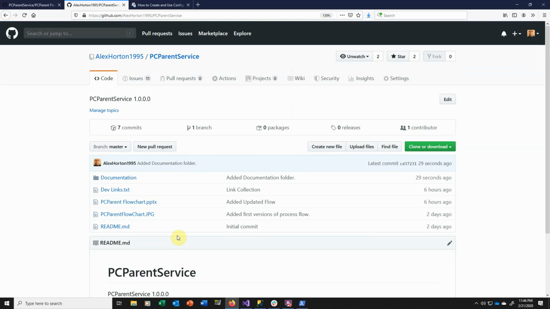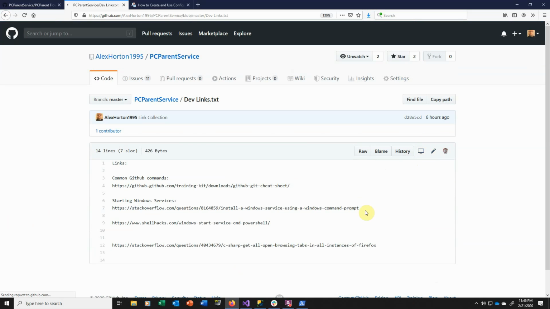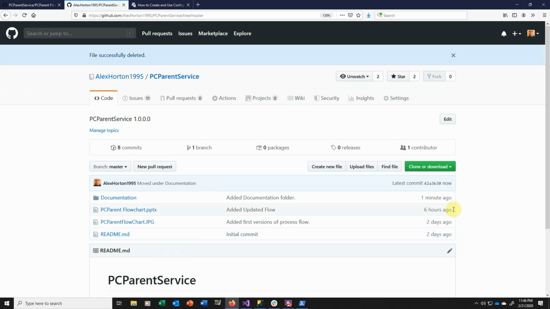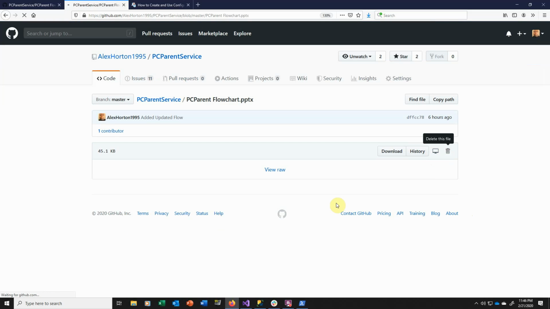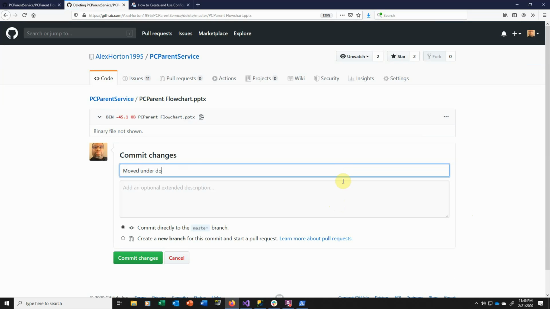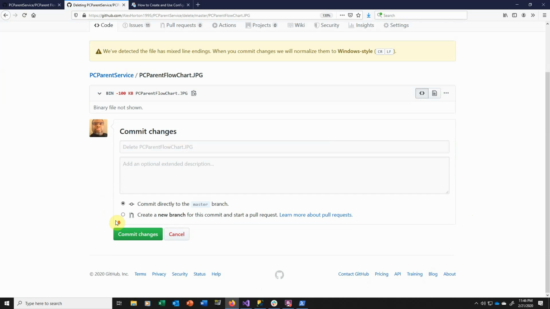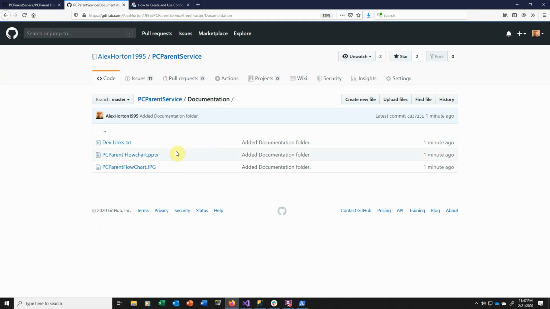So now I've got a documentation folder with the same stuff in there. And what I'm going to do now is I'm just going to delete these because it's redundant. Under documentation, same thing here. Under capital D. Folder, and one more. Delete. Okay, so we've got a documentation here,